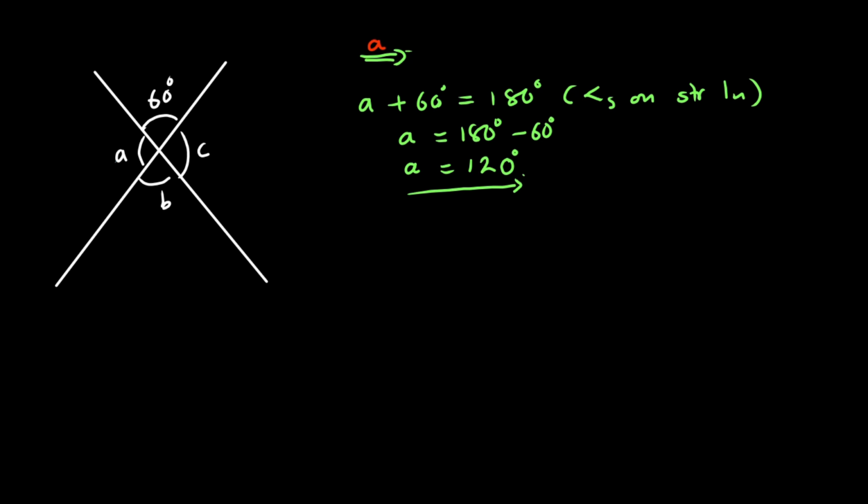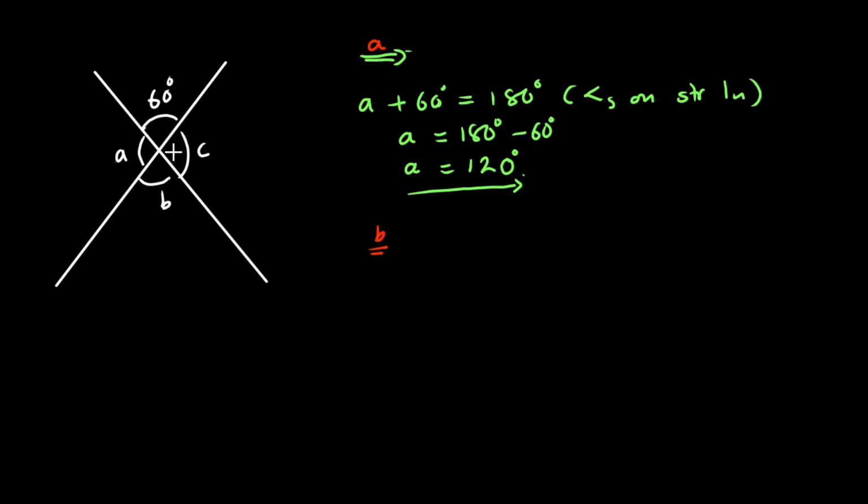What's next? What do I have to calculate? Okay, let's go for B. How do I calculate B? What's the relationship between B and the other angle that I know, especially this one? Maybe I made a mistake when I was calculating this one, so I don't want to rely on the things that I have calculated. When there is an original, we are always happy to relate with the original. So for B, I would be very glad if I understand that B is vertically opposite to